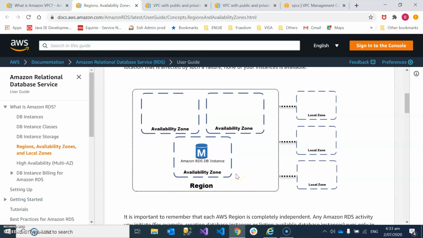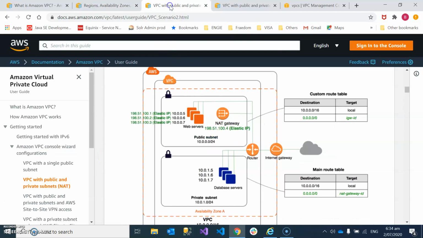Now if we understood the concept of a region being a country and an availability zone being one or more data centers, we can create our virtual private cloud in this kind of setup, where in a country we have two or three data centers.